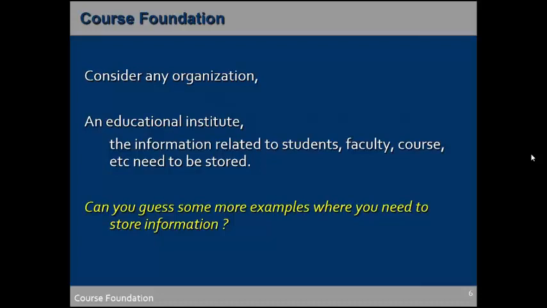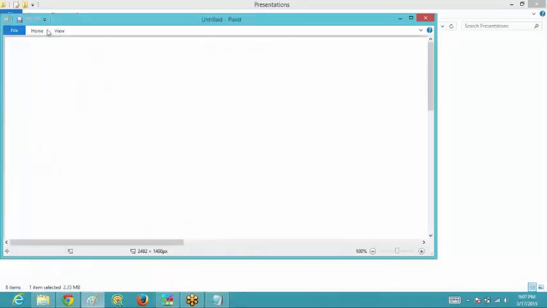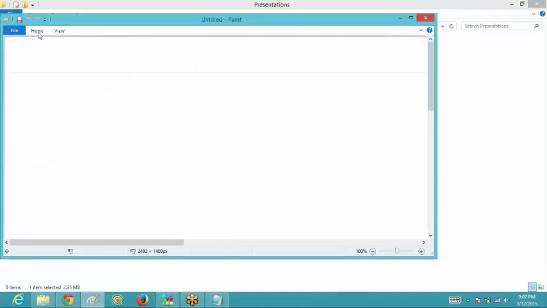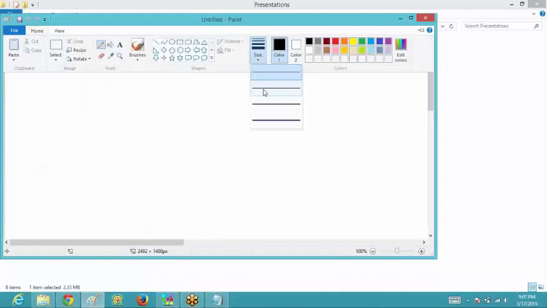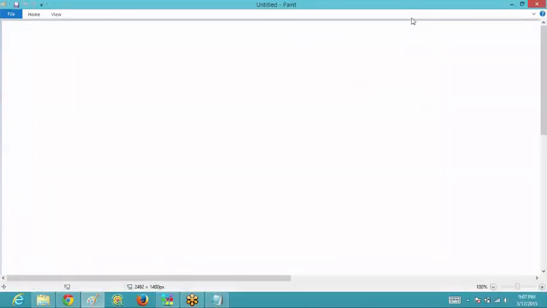Like, if we are using a register and doing things manually, how are we going to record the information about the students? Let us take the students as an example. If I need to jot down all the information regarding the students, I will create a register, and the name of the register would be given as students, since it is for the students.